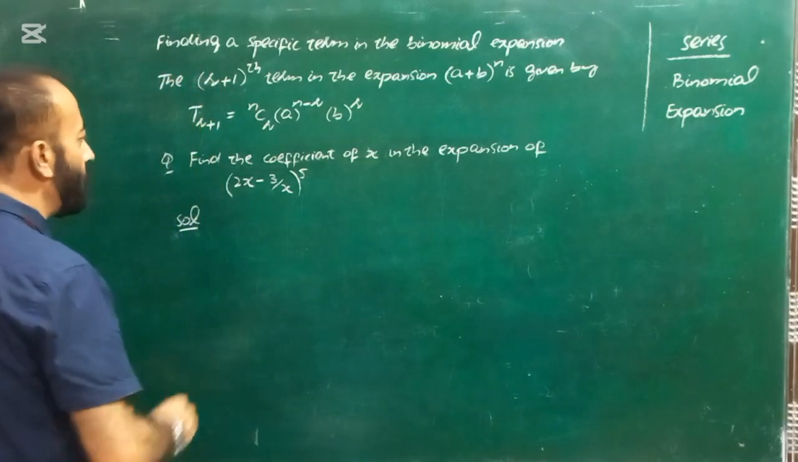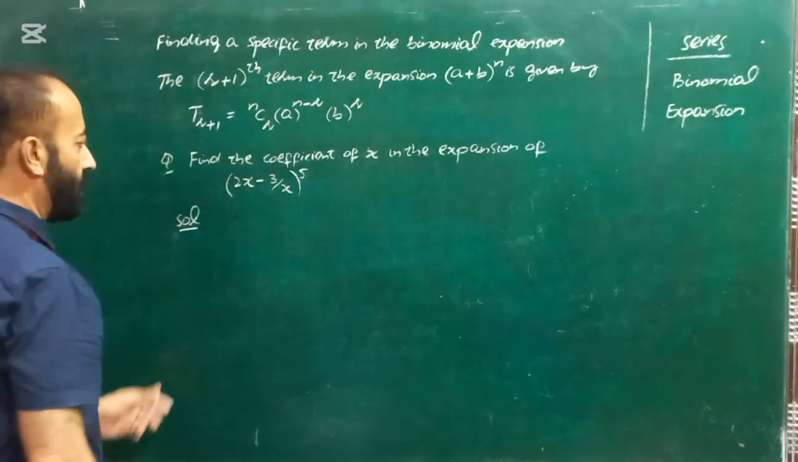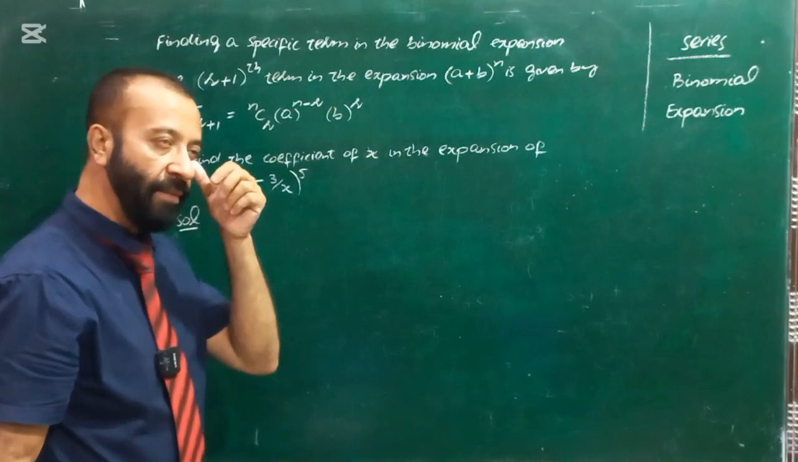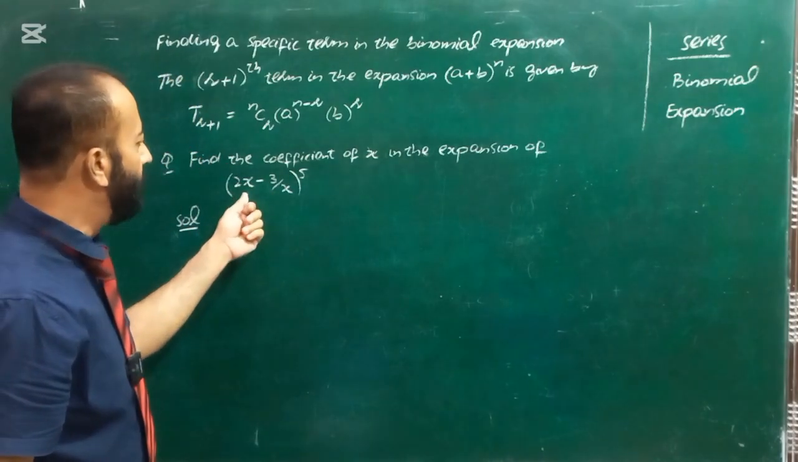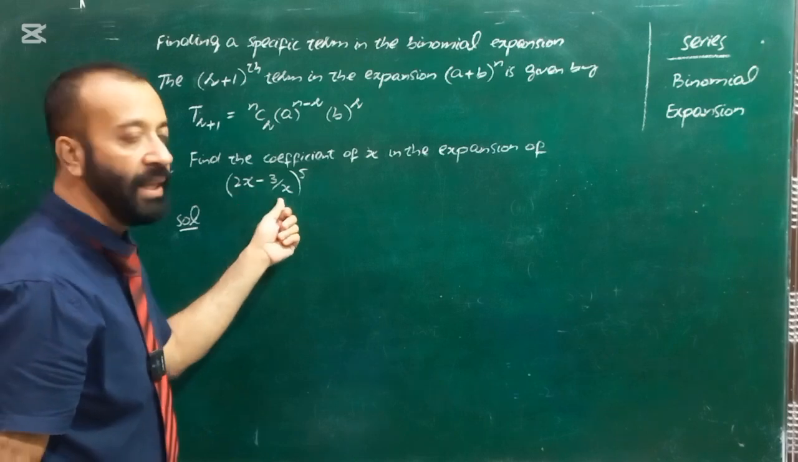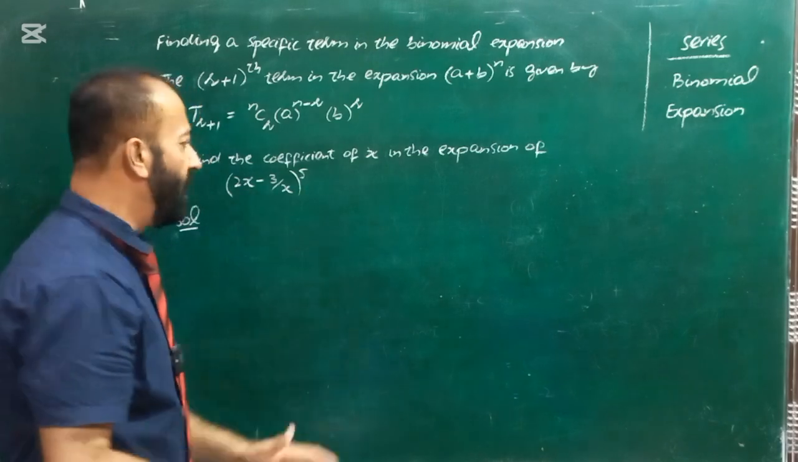Here is another question. Find the coefficient of x in the expansion of this one. So this is somewhat different from the previous question. Here you can see x is involved in the first term as well as in the second term. So this is the difference, but the method will be almost the same. So look now,